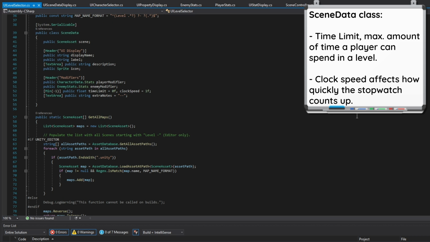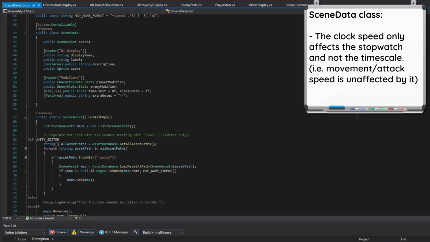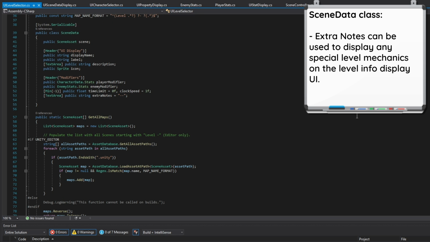We've also got a time limit, which is basically the maximum amount of time that a player can spend in a level, and the clock speed, which is the rate at which the level's timer counts up. Keep in mind that this only speeds up the stopwatch and not the level's timescale, so movement speed and attack speed will remain as per normal. Finally, we have extra notes that can be used to provide a short description of any special level mechanics, such as there being no drops or having an increased rate of enemy